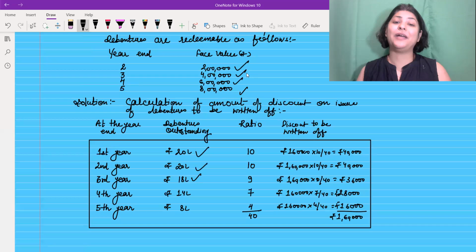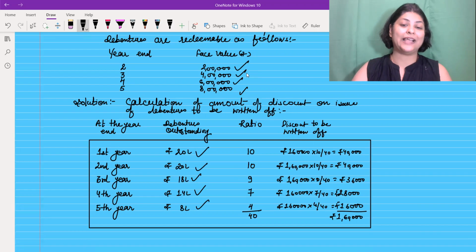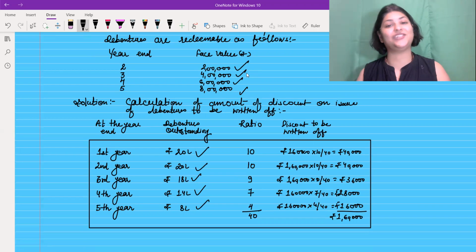Sorry, 18 lakh minus 4 lakh rupees. You have shown that, reduced by 4 lakh rupees in the next year, which is 14 lakh rupees. And again, at the end of the fourth year, you are redeeming debentures worth 6 lakh rupees. So that 6 lakh rupees you are reducing and showing 8 lakh rupees. And at the end of the fifth year, you have actually redeemed the debentures of 8 lakh rupees, but you are